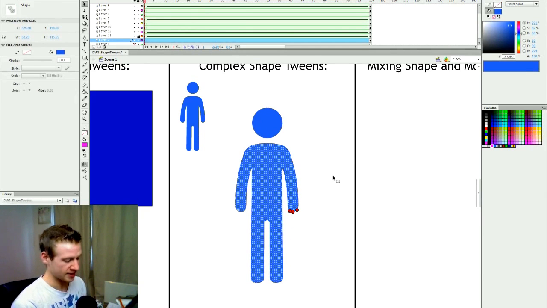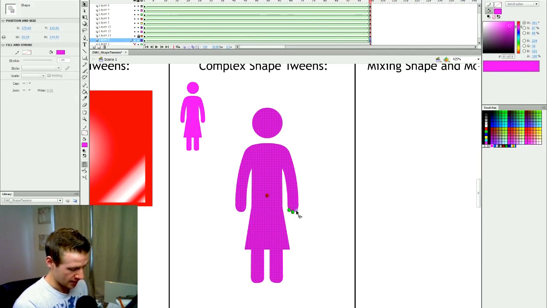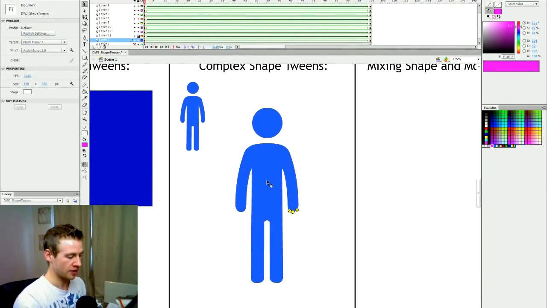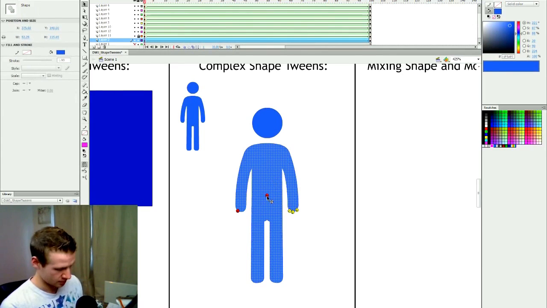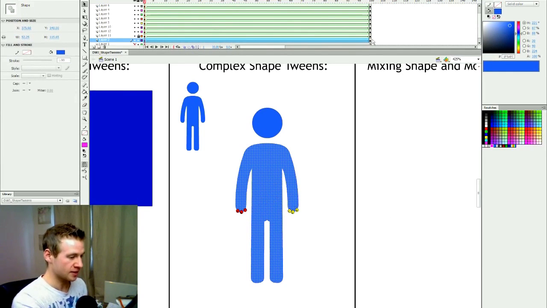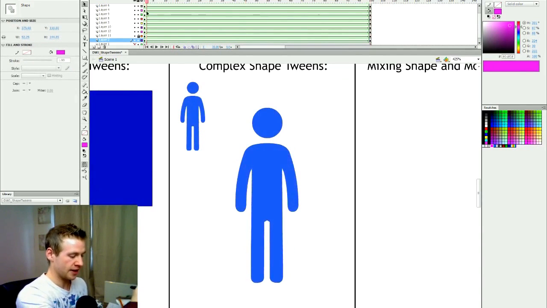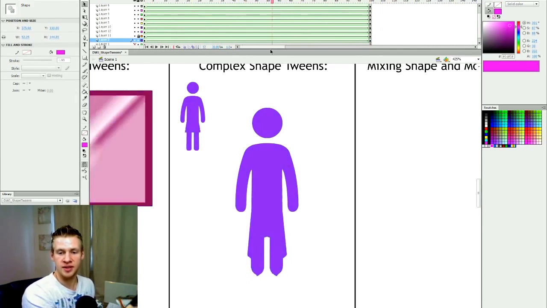So I've got A, B and C on the hand, and I'd go over here, C, B, A, and see how that looks. Okay, see, so it's kept the hand still. I want to go back to the start, Control Shift H, D, Control Shift H, E, Control Shift H, F. Now let's go to this end frame, F, E, D. Let's see how that looks. Okay, so that's worked effectively. I've kept the hands perfectly still. You'll notice the armpits go in and out a little bit, but I'm not going to mess with that